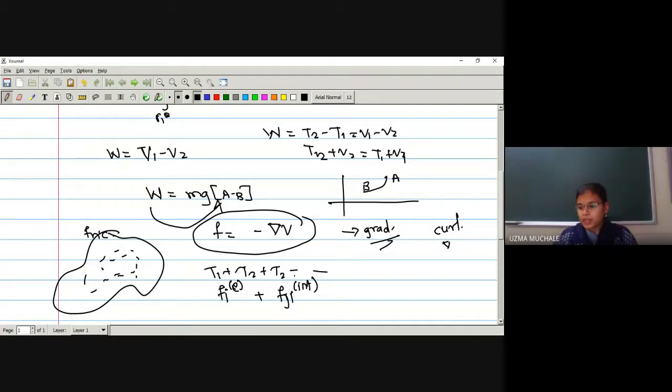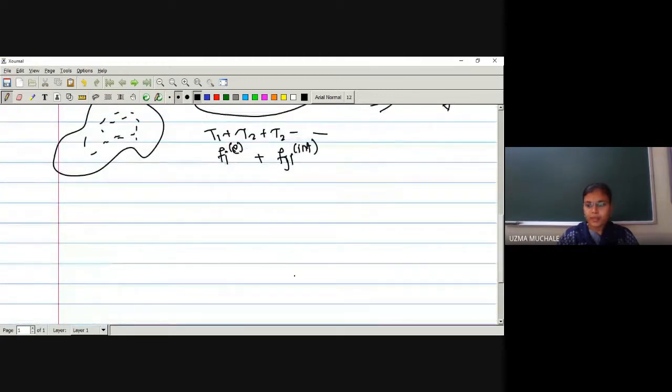Okay, so we have seen those theorems that total energy is conserved, and work done depends on initial and final position, right? Next, we have seen the constraint. What are constraints? These are nothing but geometric restrictions, or we can say limitations on the motion of a particle. And there are four types of constraint.